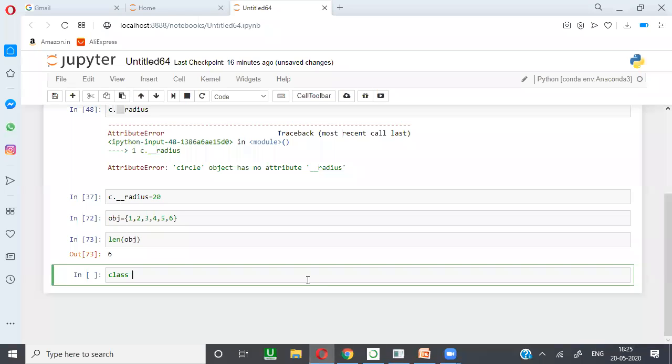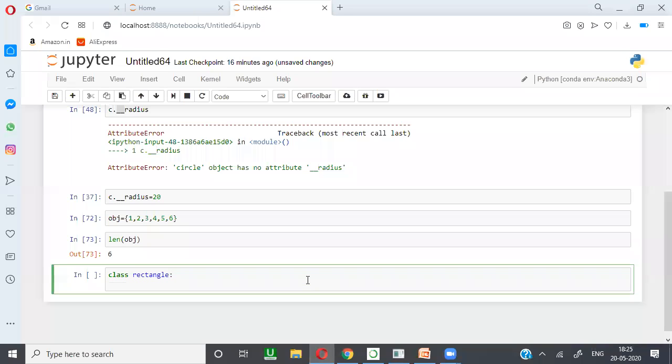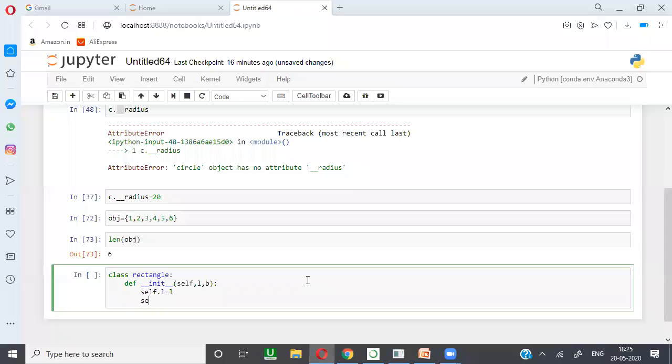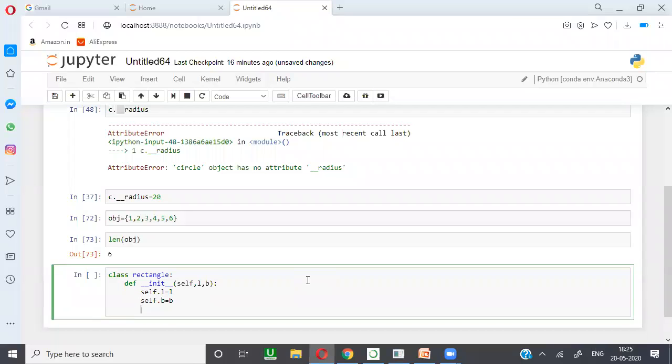So I'm going to define a rectangle. def __init__(self, length, breadth): self.l = l, self.b = b. Next, I'm going to define area. Self is the default parameter you must mention.